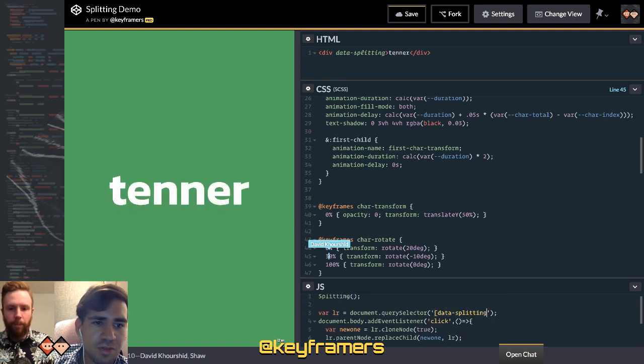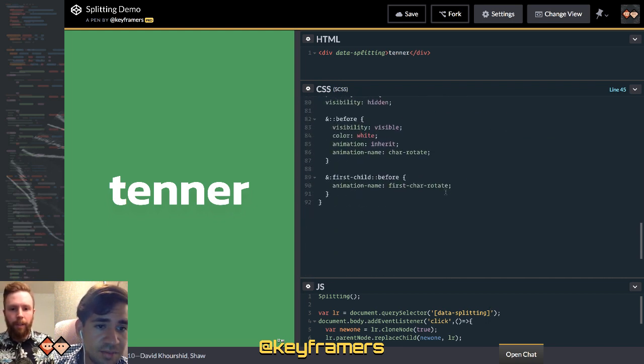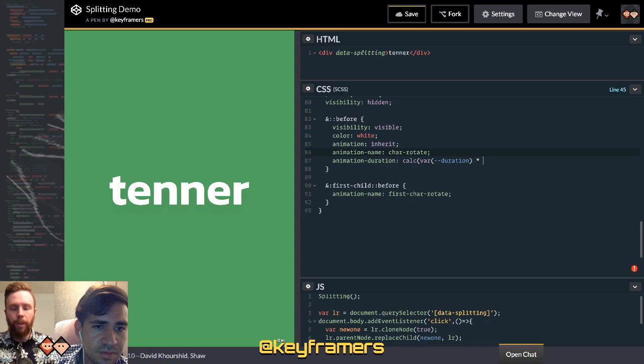So the char rotate, I would say, just to really sell the illusion, give it a slightly longer duration, just for the char rotate. Yeah, and that's easy enough to adjust because that's animation duration. Calc var duration times 1 point something.